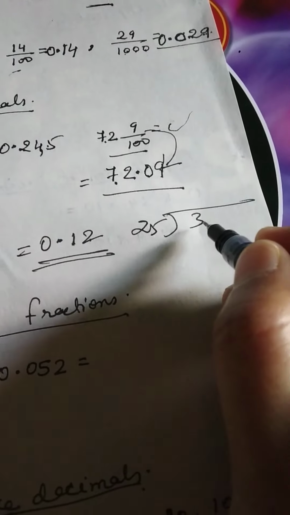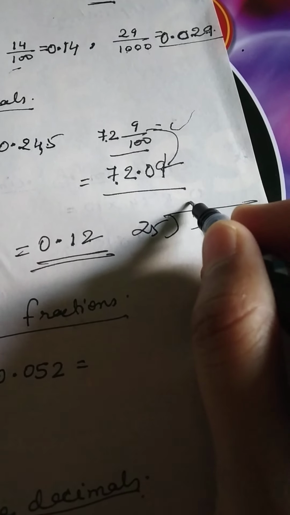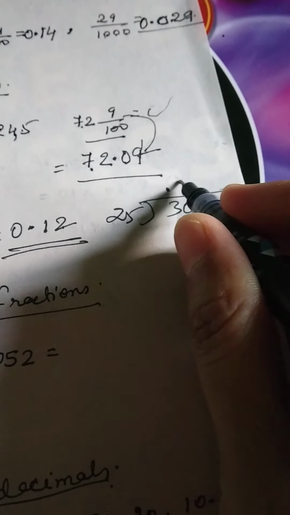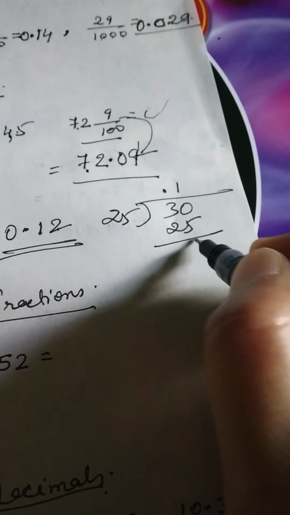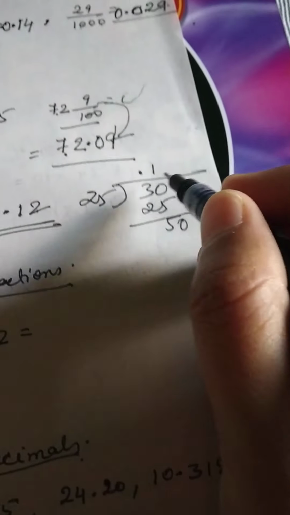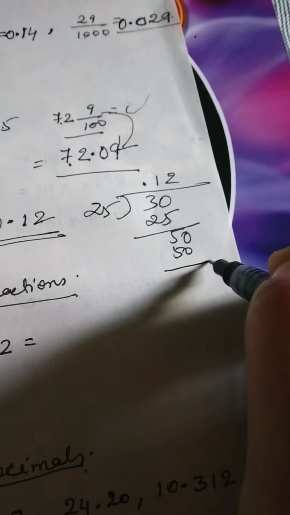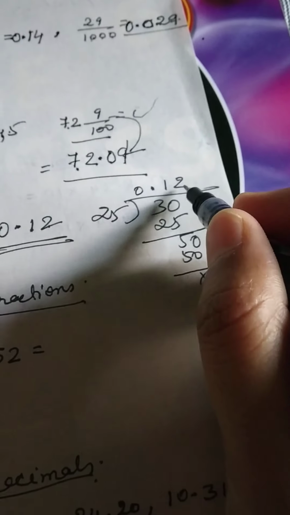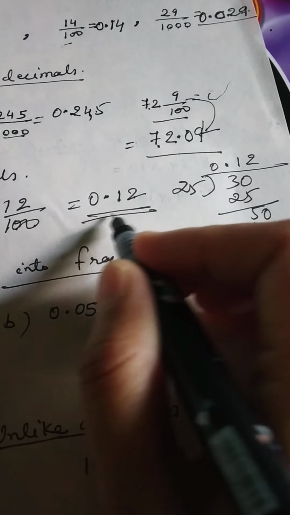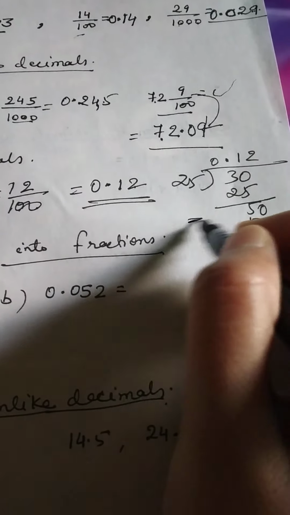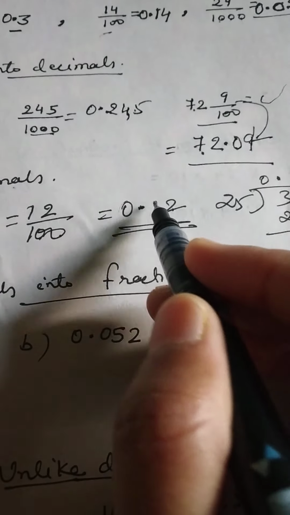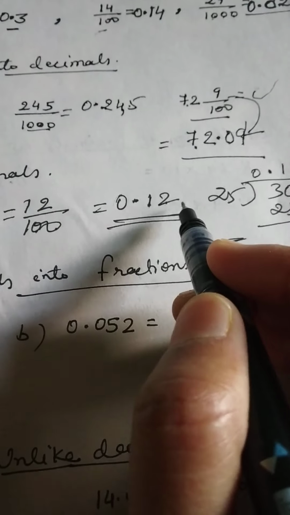Divide it. 25, 3 is smaller than 25. So you can put one decimal here and you can take one 0. Now 25 1 ja 25, we will get here 5, and as you have taken the decimal here, we can take one more 0. 25 2 ja 50. So 0.12. We have got 0.12 here in decimal form. Got it? Always read it as 0.12. Do not read it as 0.12. Okay?